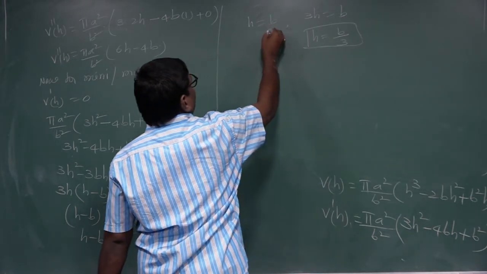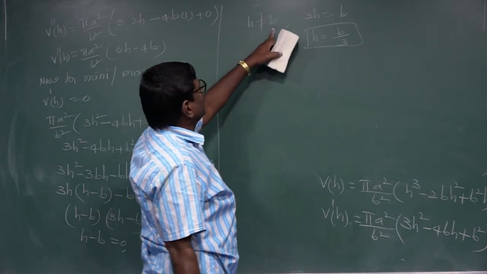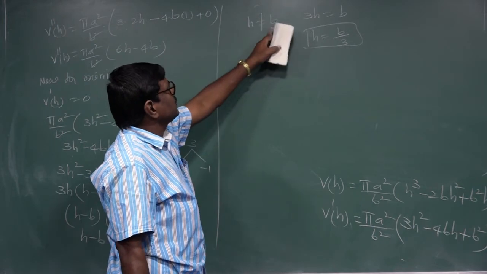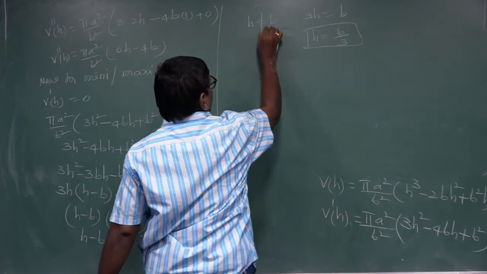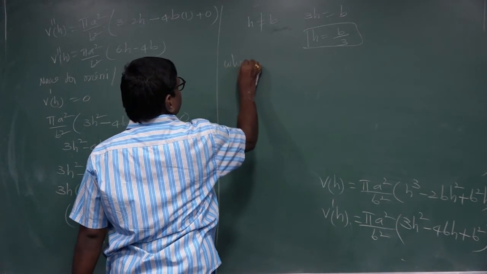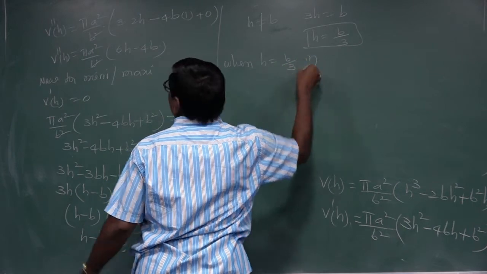H equal to B is not possible, because the cylinder height is H and the cone height is B, and the two heights cannot be equal. Next, when H is equal to B by 3, in V double dash